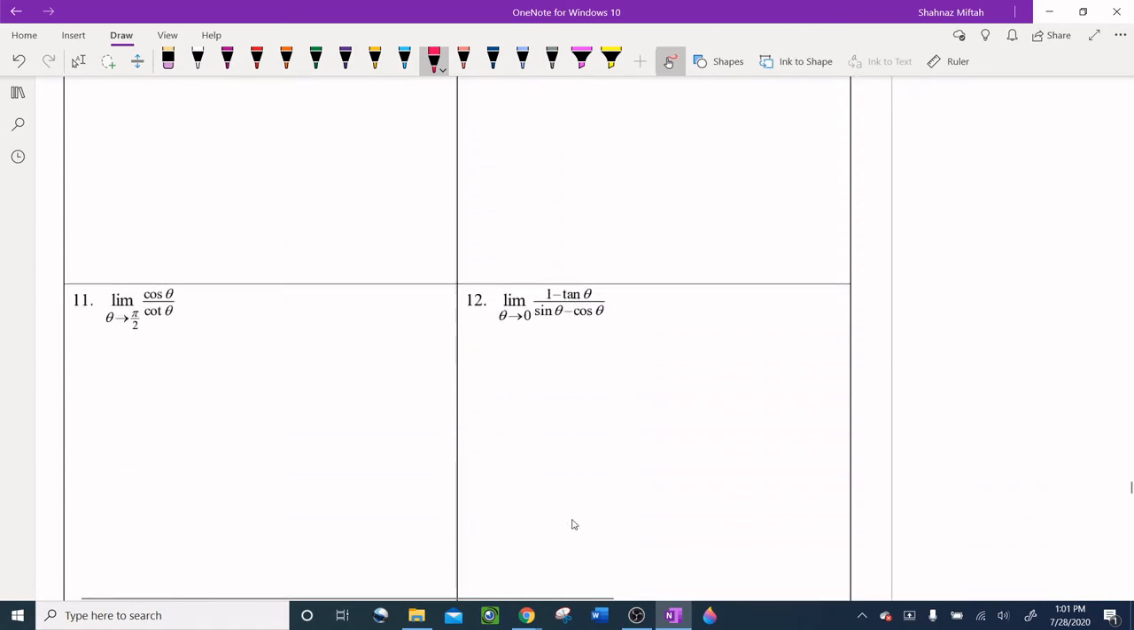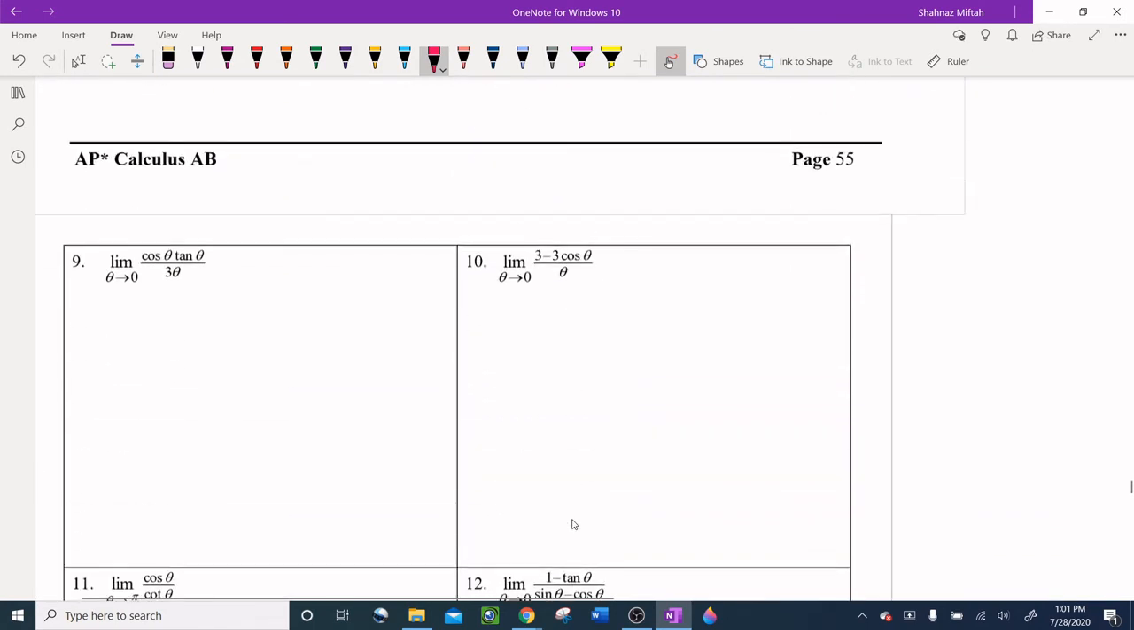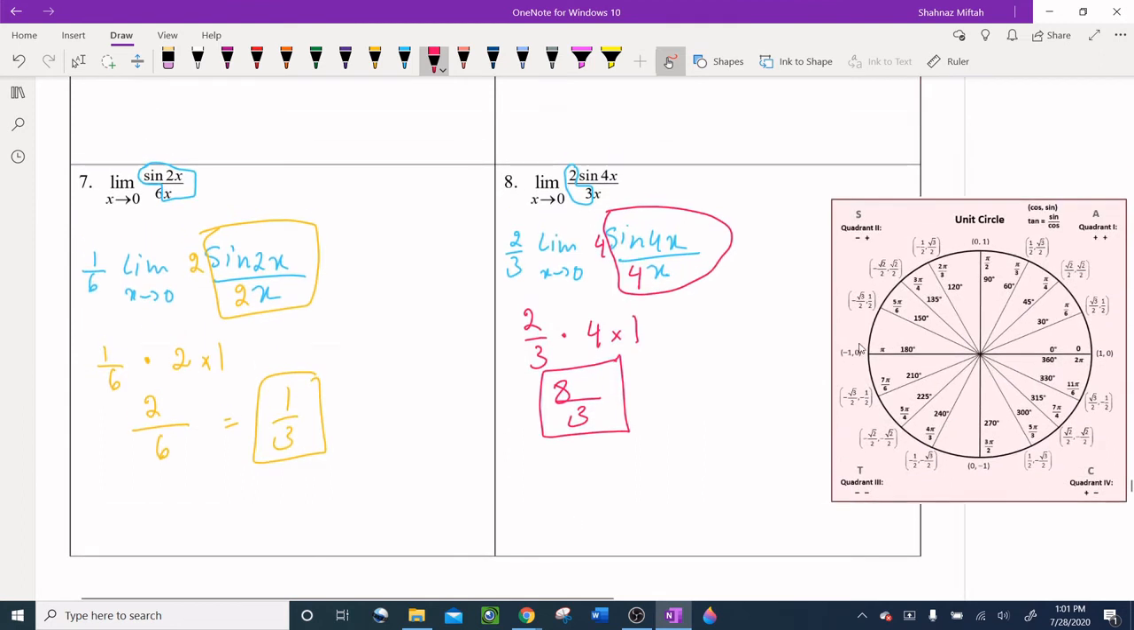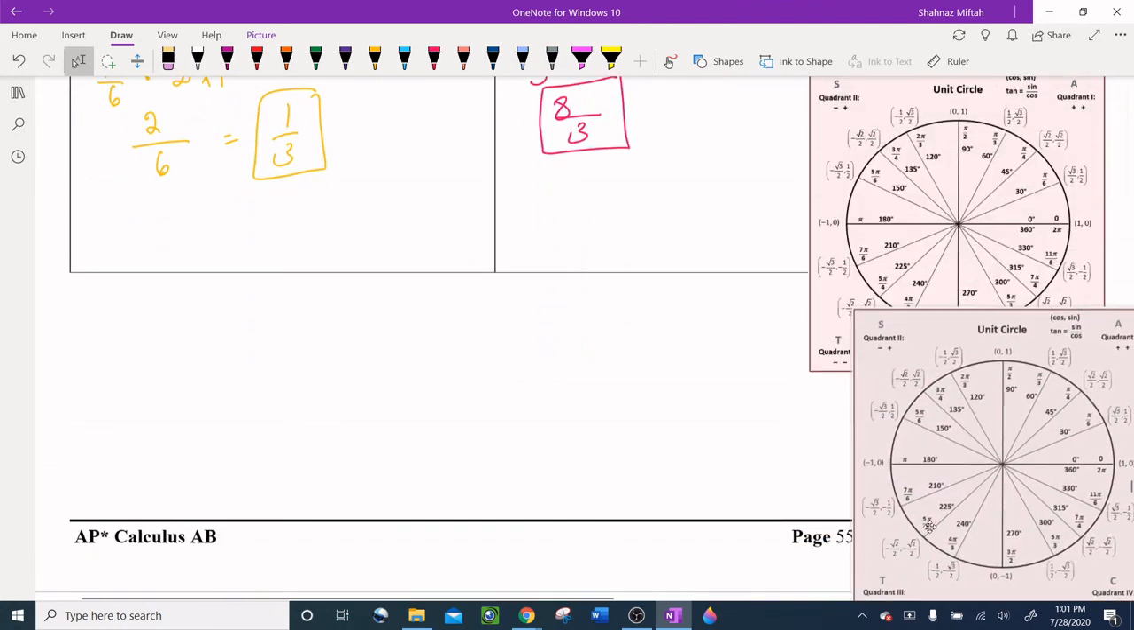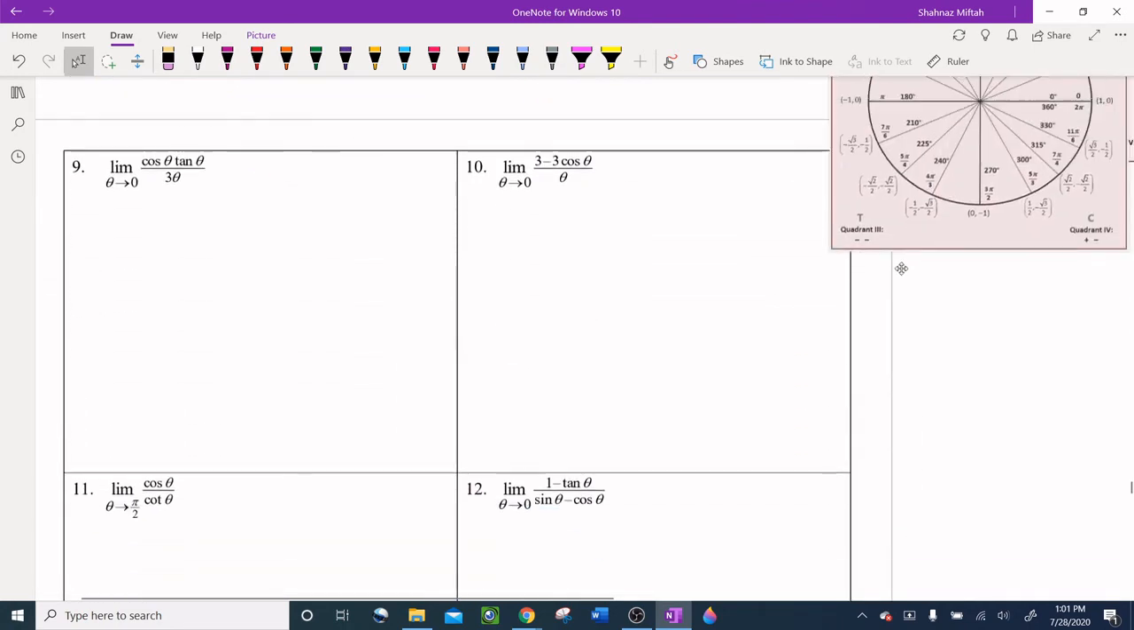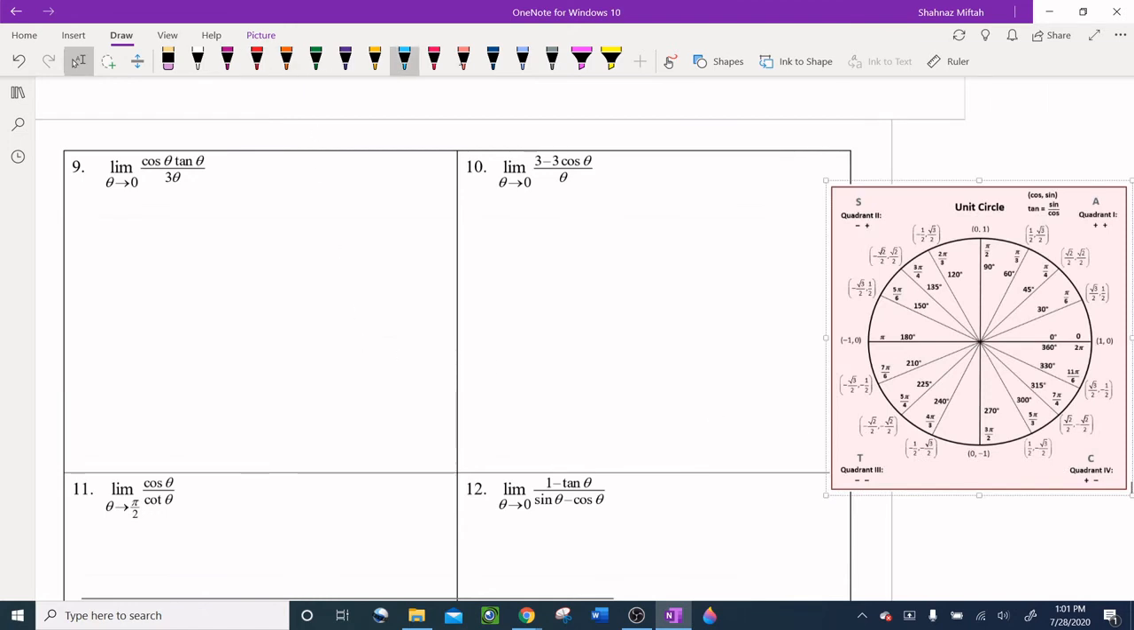Okay, we have 9, 10, 11, 12. Okay, we have 14 questions. I didn't know that. Okay, let me move my unit circle again. We're going to move this around. Okay, let's try